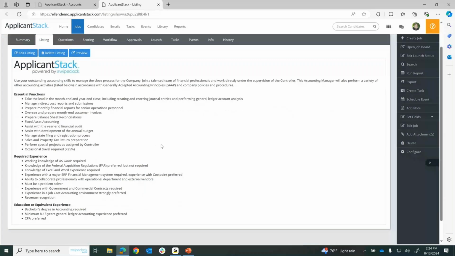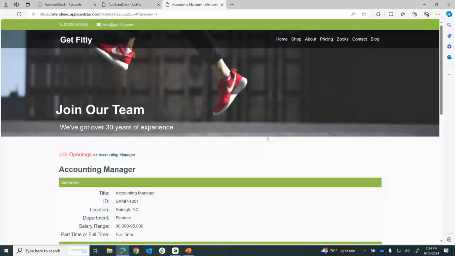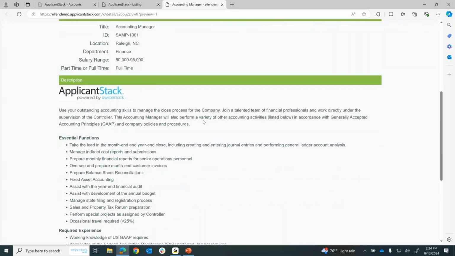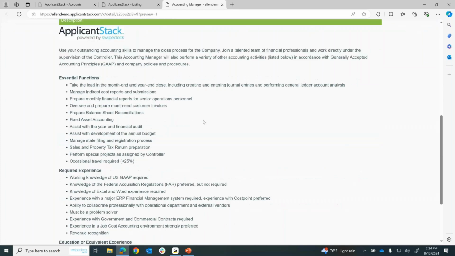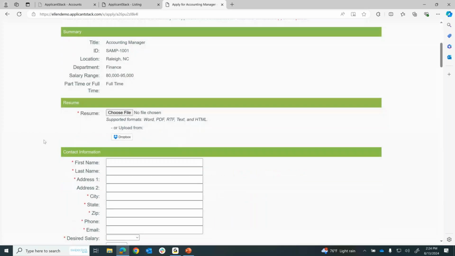And if I click on preview, this is what your candidate will experience. So a candidate could see your job on Indeed or on Google Jobs or LinkedIn Limited Postings, or they could visit your job board on your company website. So the candidate would review the job description, click on Apply Now, and this is the application process associated with